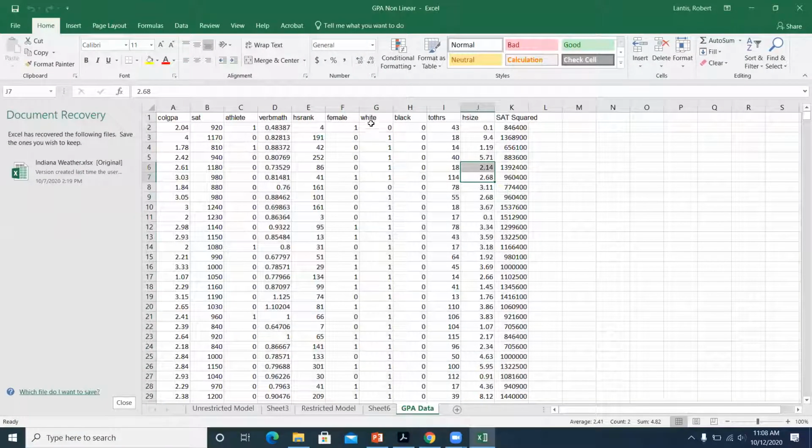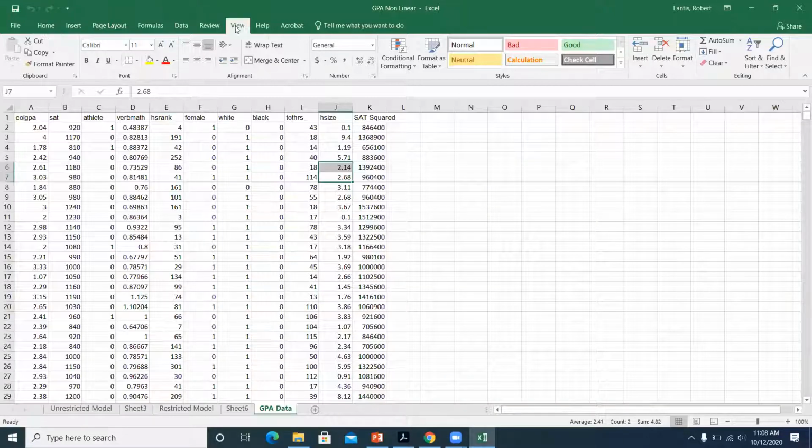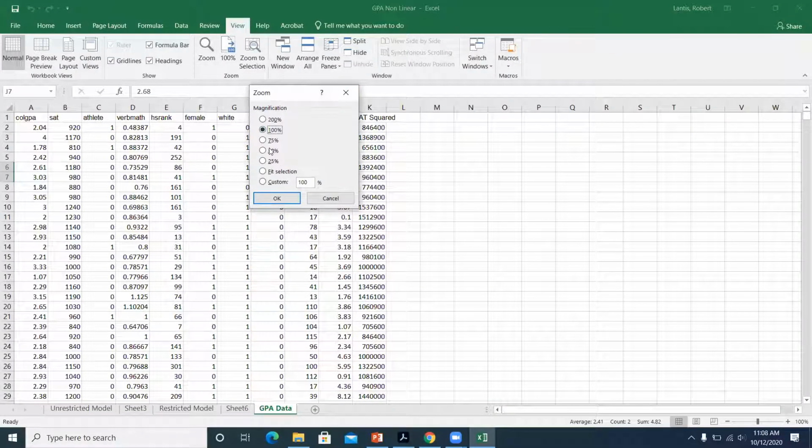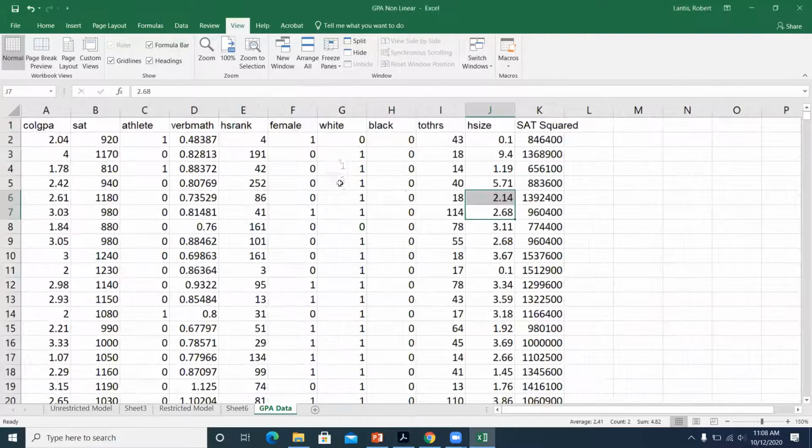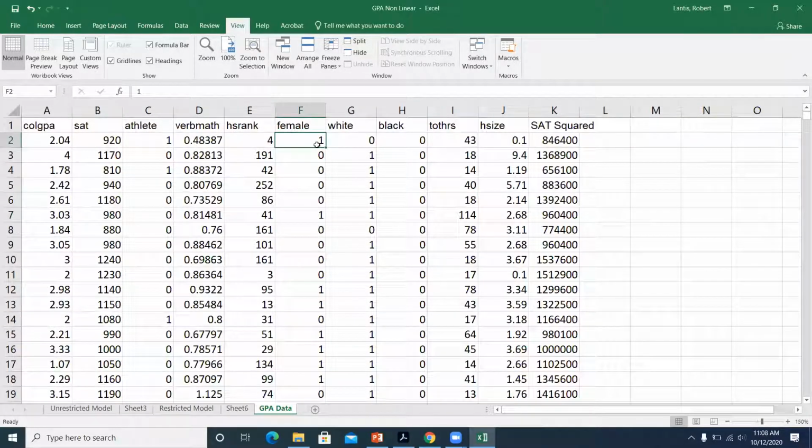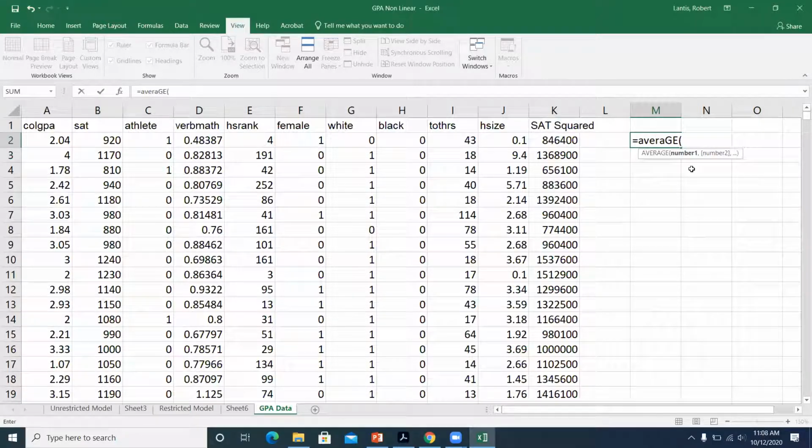So if I did have a variable that was 1-0, so right here, you guys won't have this data set. I'm just going to kind of show you. I just want to be able to give you kind of a visual of what we're thinking about. Let's say I had a variable where it was a 1 if this individual, so this is like college GPA scores and different information on students. It's a 1 if they're female, 0 if not, right? So I could find the proportion of females from this sample by simply using that, oh my gosh, hit my caps lock. There we go.